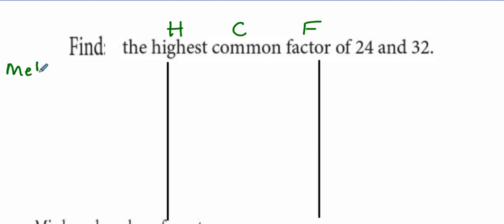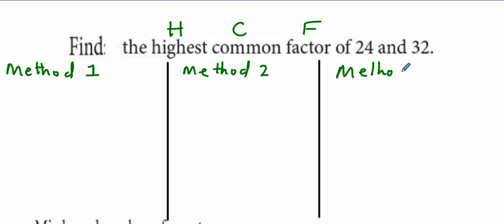So let me go for method 1. I will tell you what that is. Then I'll go for method 2. I'll tell you what that is. Then I'll go to method 3. Maybe I can go even for method 4, but just these 3 methods are more than enough. So method 1 is, since the question is looking for the highest common factor of these 2 numbers, 24 and 32, what you simply